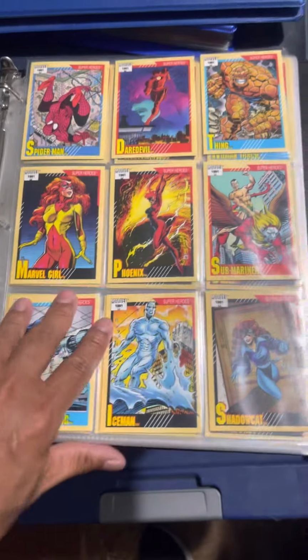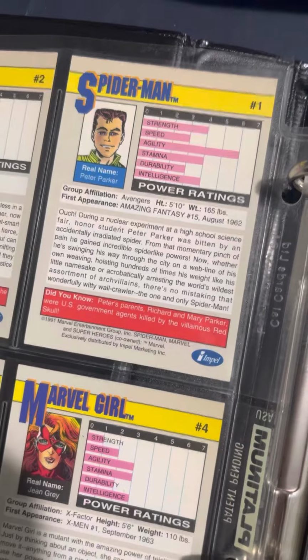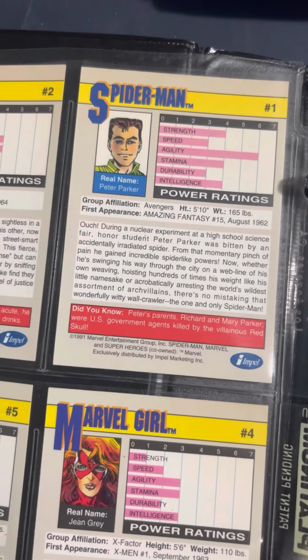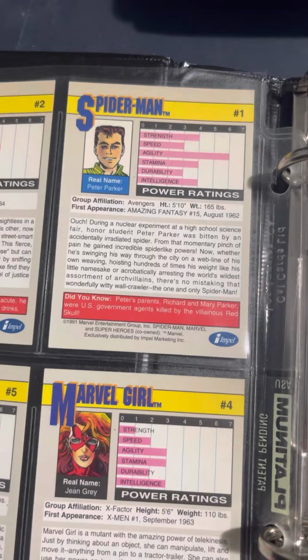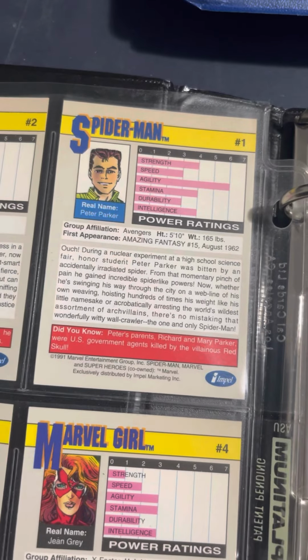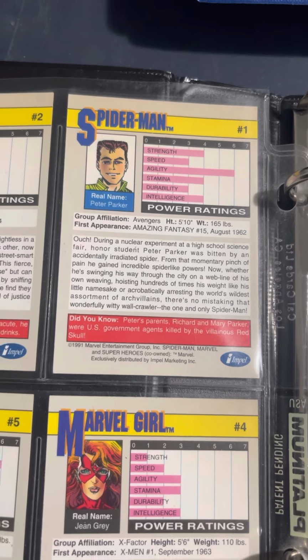And if you look at the back, this is super cool because on the back it tells you all kinds of superhero attributes like their strength, speed, agility, stamina, durability, intelligence, 1 to 7, 7 being the highest, 0 being the lowest. And here you go. It also tells you their group affiliation, first appearance, height and weight, and a story about